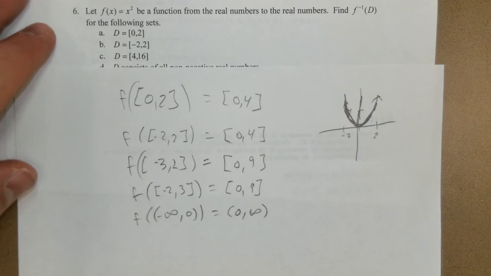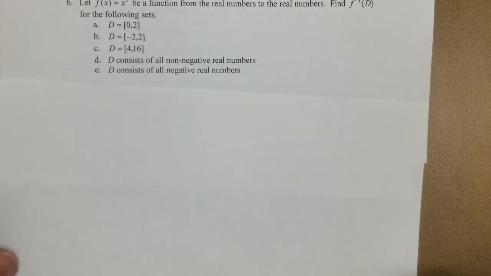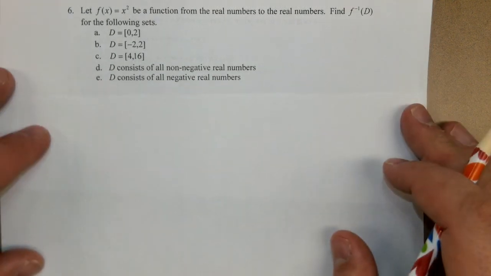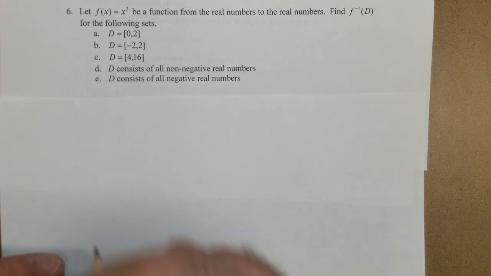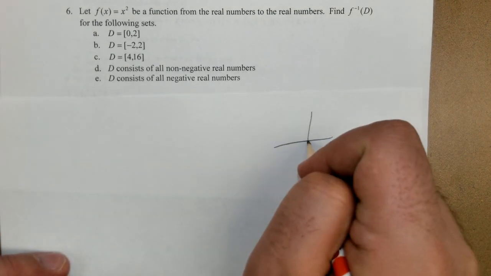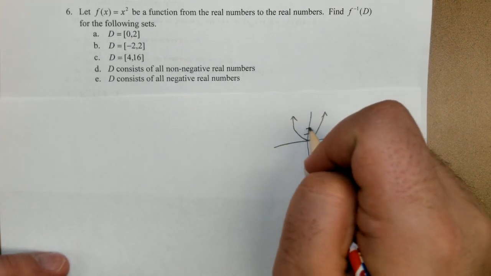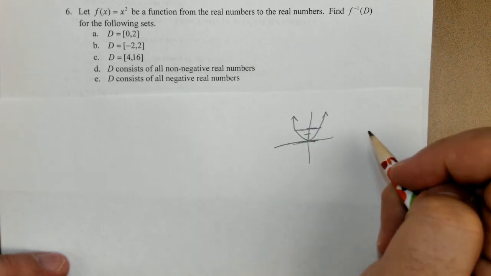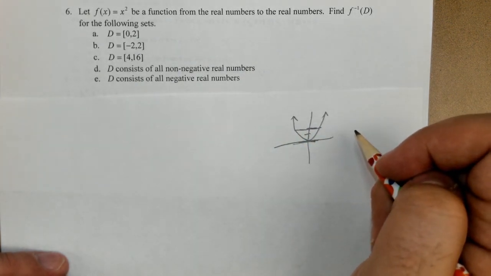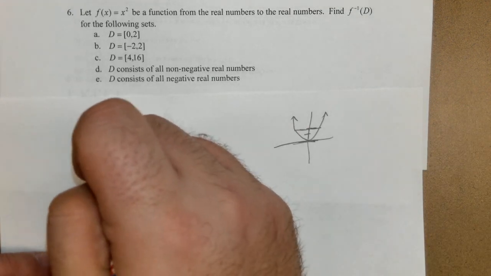Now we want to talk about 6. And this is not an inverse because x squared is not an invertible function. I want to talk about pullbacks. So I want to know the numbers that went to these y values. So let's draw x squared again. And let's talk about 0 to 2 on the y-axis. And I want to know what are the x values that mapped to those y values. So the things that went to 0 to 2, so f inverse of this,